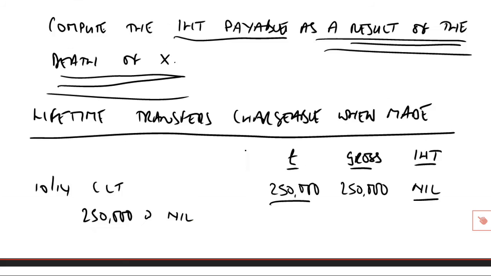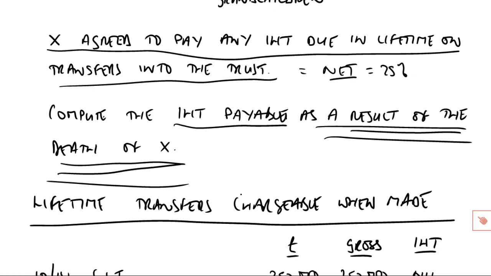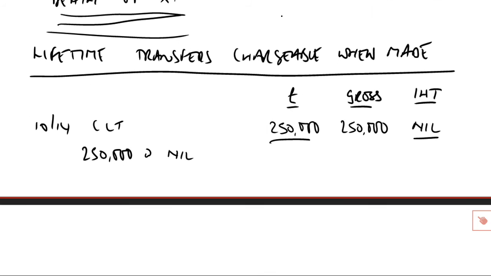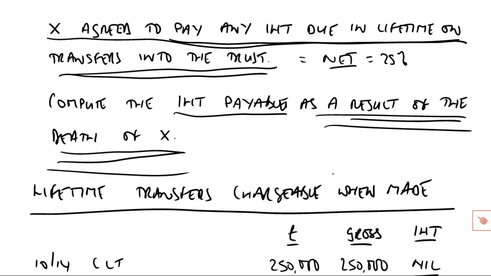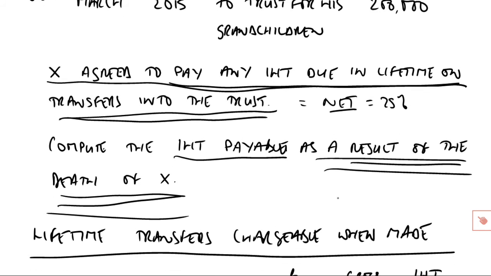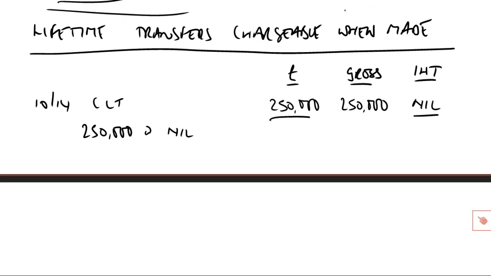Again, though we have read in the question that X agreed to pay any IHT due in lifetime on the lifetime transfers into the trust, it's irrelevant because that only comes into play when you've exceeded the then available nil rate band. This doesn't, so there is no tax to pay. So on, therefore, to the second and final of the two transfers into trust, March 15, CLT,